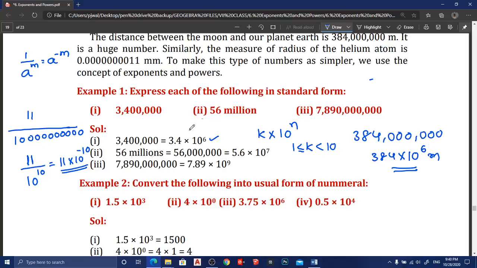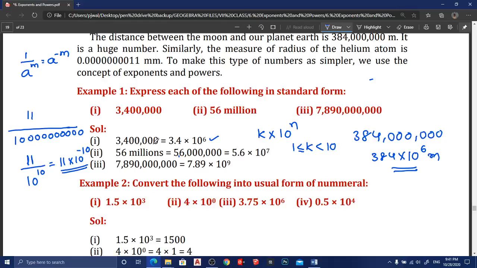So now take the second number, 56 millions. Millions means 6 zeros will be there. Okay, now after leaving one digit, put a point here. How many significant digits are there except 0? Leave all zeros. 6 is there here. So 5.6 into. After putting the point here, how many digits are there after the point? 1, 2, 3, 4, 5, 6, 7. After putting the point here, 7 digits are there. So you have to write 7 as the power of 10 here, 10 to the power of 7.